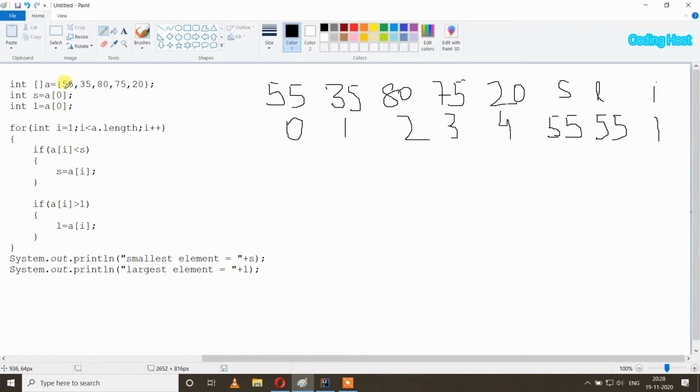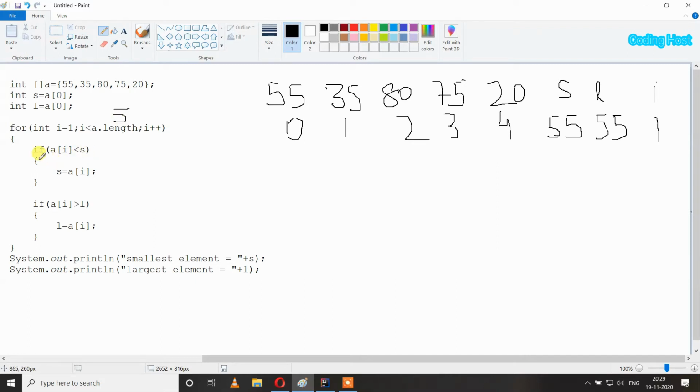So instead of checking all the 5 elements, now this loop will only check 4 elements and compare them with the first element we have taken in these variables. That's why I have started this loop from 1 and already inserted the element of index 0 in these variables. After that, i less than a.length: in this array we have 5 elements, so its length is 5. So i is 1 and is less than 5, so our condition is true and we get inside our loop.